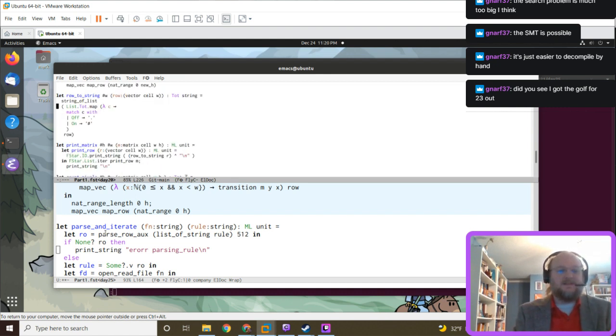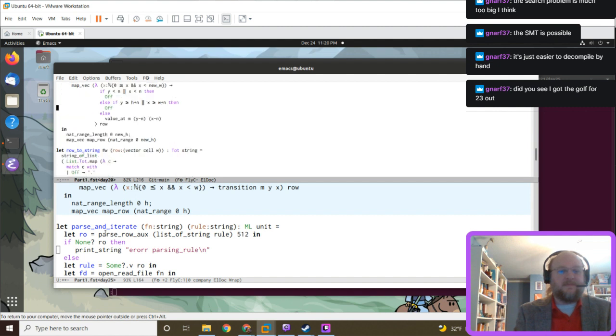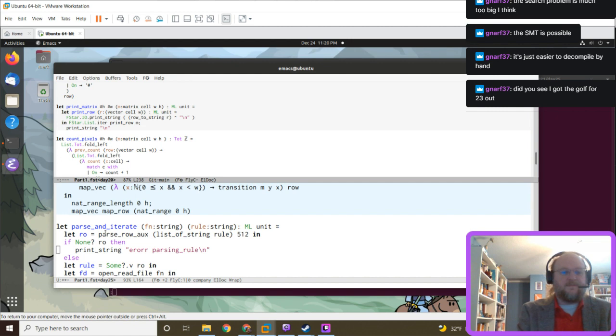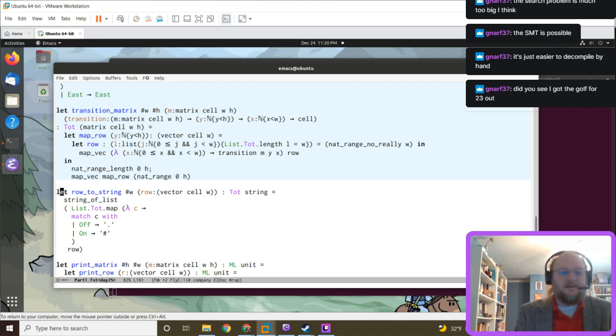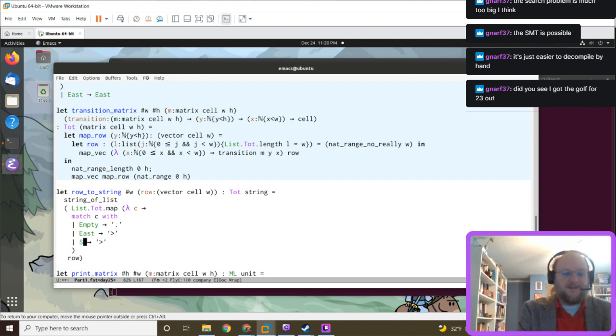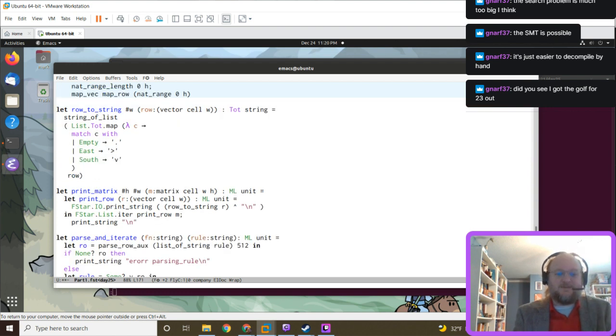Let's print it out. All right. So if it's an empty, it's a dot. If it's an east, it's a. I feel like we should be using fancy Unicode characters and not ASCII, but all right.